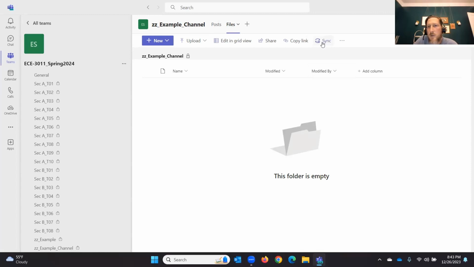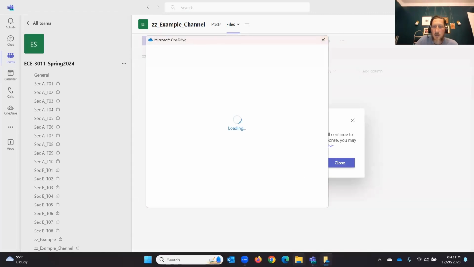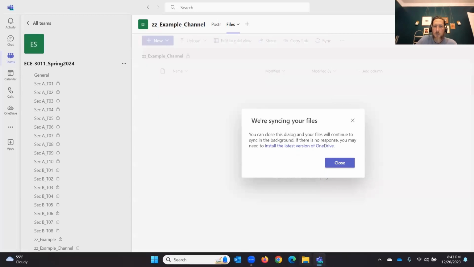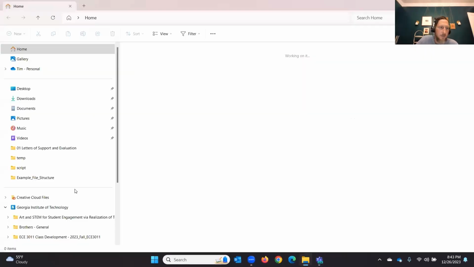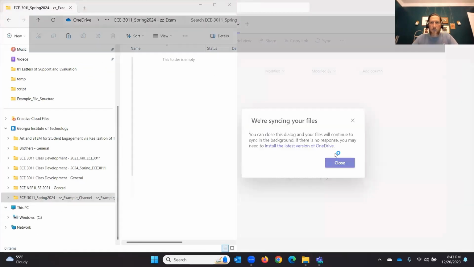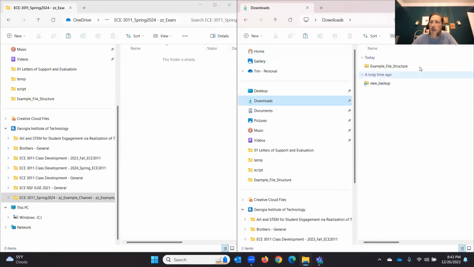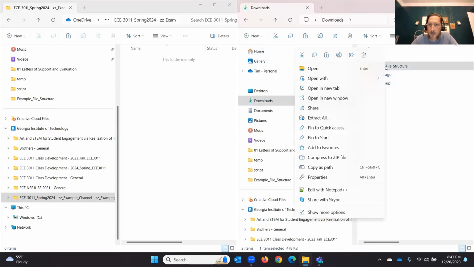The first thing we're going to do is click the sync button, and this will synchronize it to your local computer. So you can now open the File Explorer and go to the bottom, and we can see that it is now available in File Explorer. If we go to the downloads and extract that zip file,